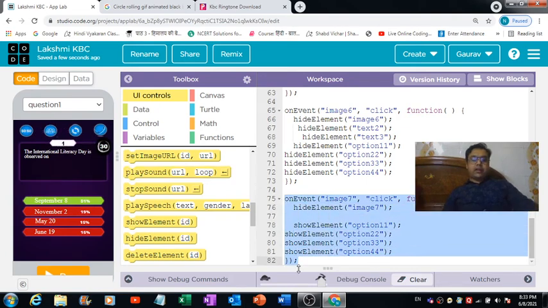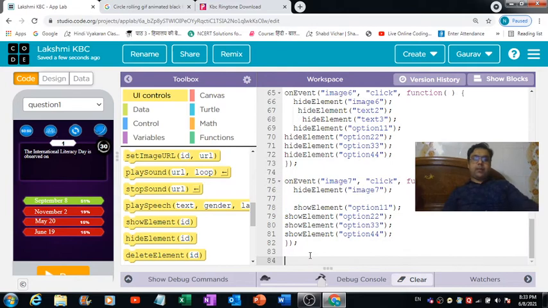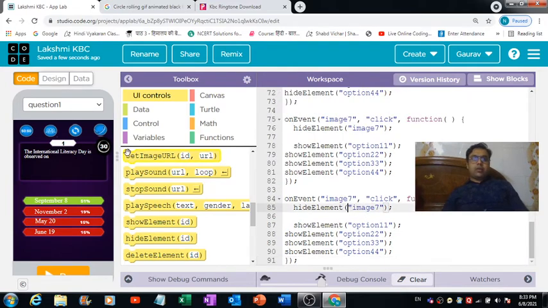Let's copy this entire thing and place it over here. So now we have to define the code for this image 9 button. Let's replace it with image 9, and here also I have to replace it with image 9. Now when the user will hit this image, I would like the question as well as the options to get changed.